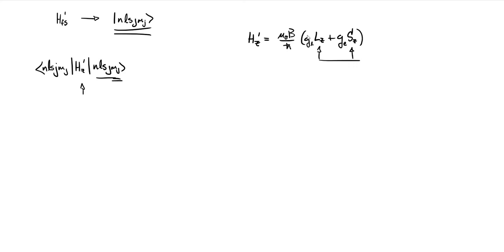They're individual angular momenta, one associated with the orbit, one associated with the spin. So we don't really know. We would have to do a lot of work to figure out what these are by just brute force calculations. But we can use our Clebsch-Gordan coefficients to kind of